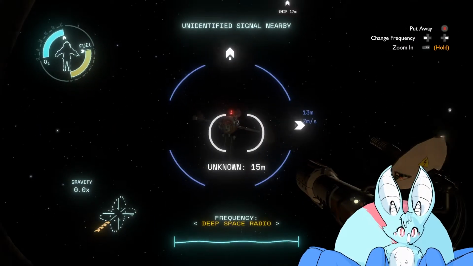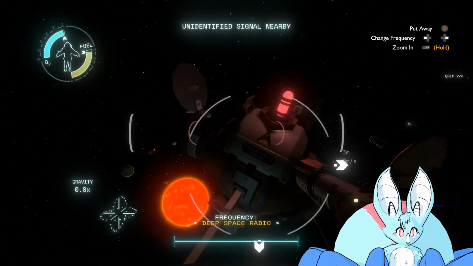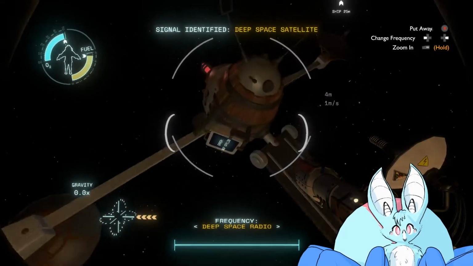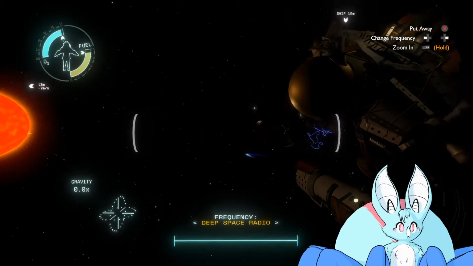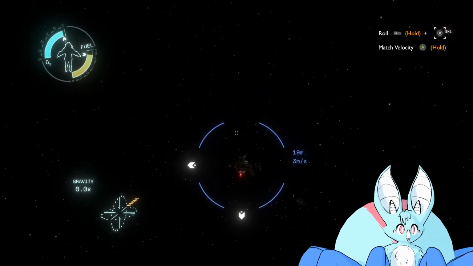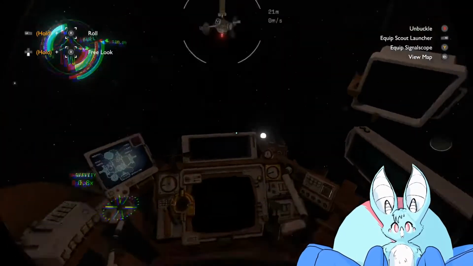Unidentified signal. Hello? Hello? Wait. There we go. Oh, it's this thing. Okay. Deep space satellite. Alright, I'm so sorry for donking you. Map is now offline. So sorry. What is the other thing that was nearby? I did see two things, right? Or was the second thing just something that was part of the first thing and I couldn't see it properly because...